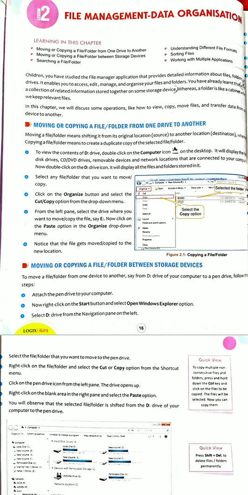From the left pane, select the drive where you want to move or copy the file, say E. Now click on the paste option in the organize drop down menu.